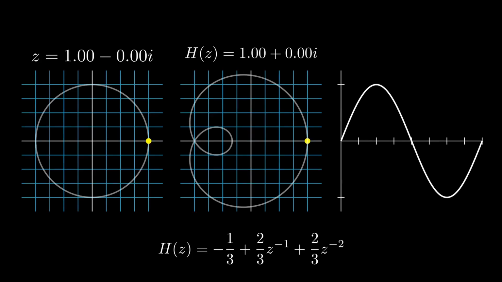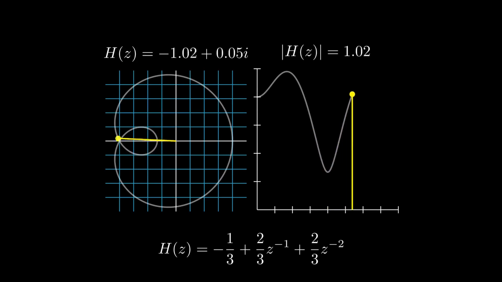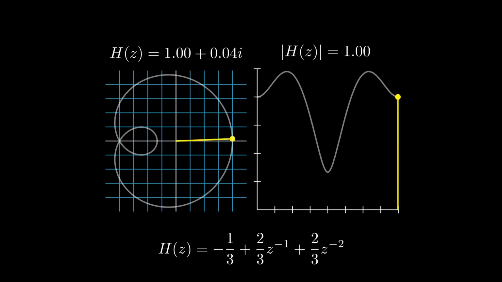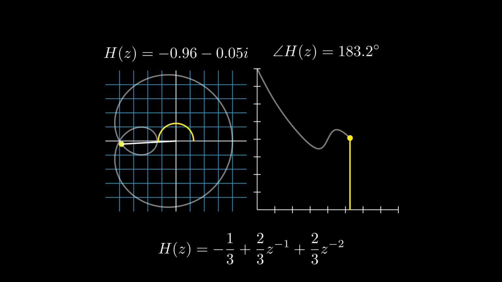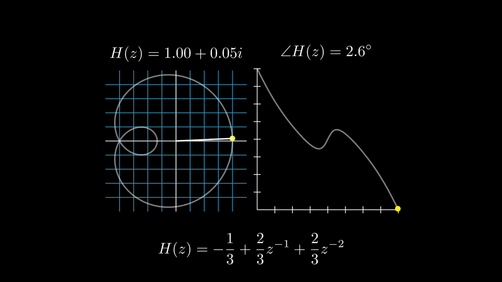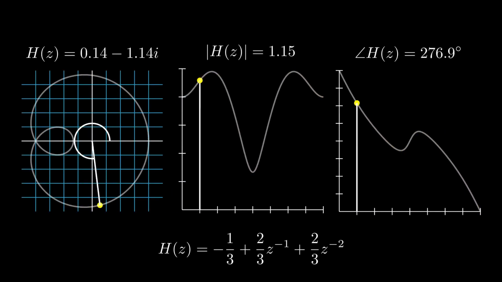Under normal working circumstances, we don't use the complex plane to visualize the transfer function of the filter. Instead, we use separate magnitude and phase plots. In the magnitude plot, the x-axis corresponds to the input frequency, and the y-axis corresponds to the magnitude of the transfer function output. In the phase plot, the x-axis corresponds to the input frequency, and the y-axis corresponds to the phase of the transfer function output. Going back to our example, at an input frequency of 4 kHz, we can easily look up the corresponding magnitude and phase effect of the filter.